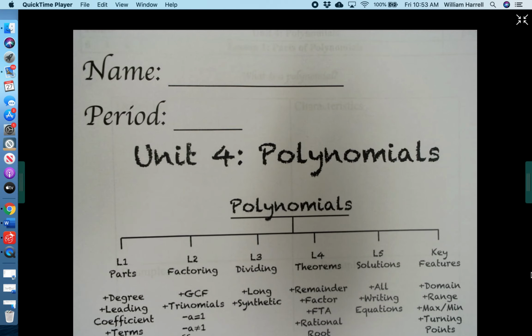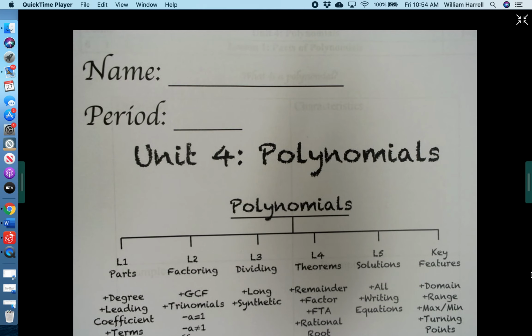So welcome back. Picking up where we left off, we're going to be in Polynomials lesson 4. We're going to start looking at the different theorems. Before we left, I told y'all that dividing polynomials and the different theorems of polynomials and solutions, these 3 lessons, lessons 3, 4, 5, are going to be